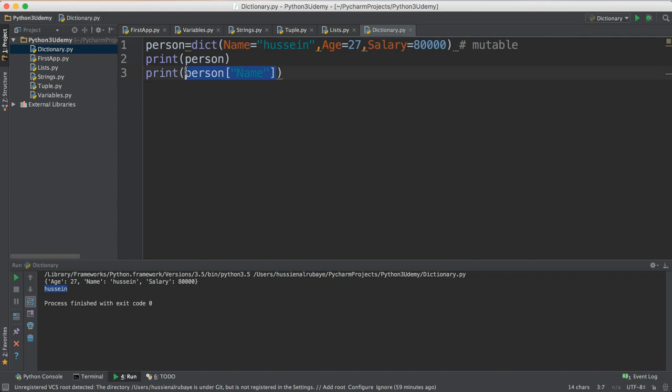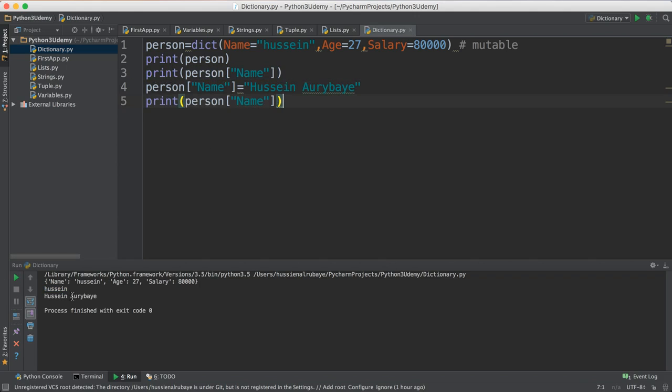So that means I could change the person name here. If I just say, hey, person name, change it to Hussein Al-Rubai. Then after you change it, print the name again. Okay, hopefully now the name will be updated. See, it updated the name. So first it prints Hussein, then after I update the name,